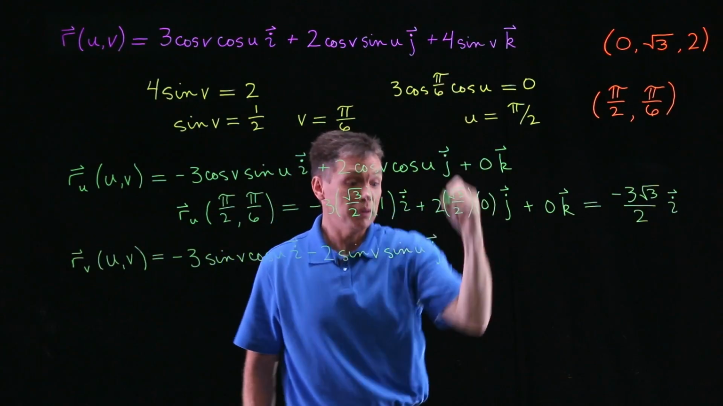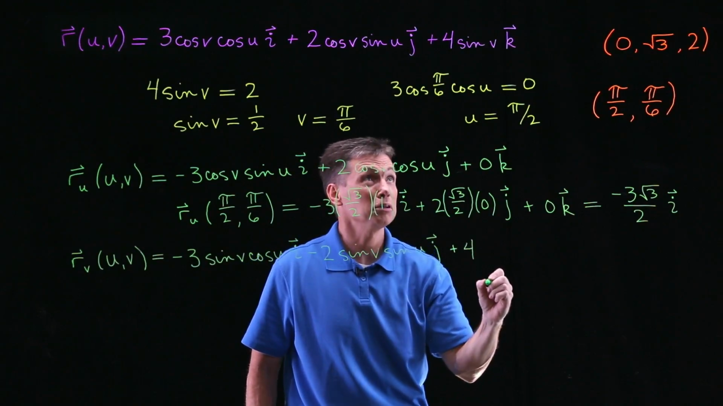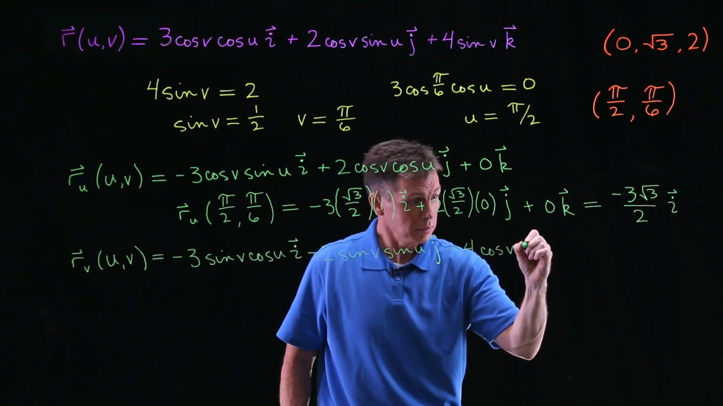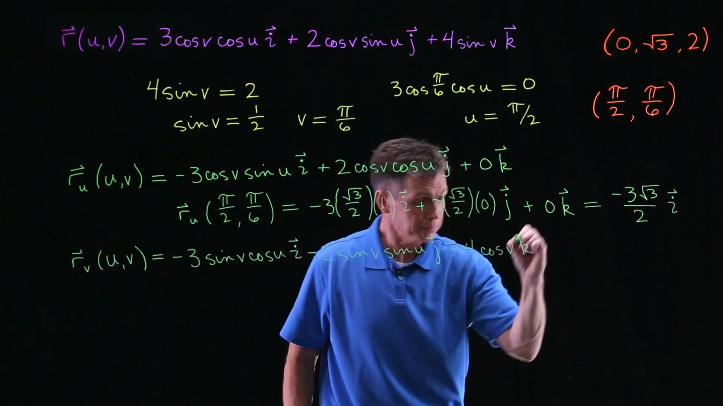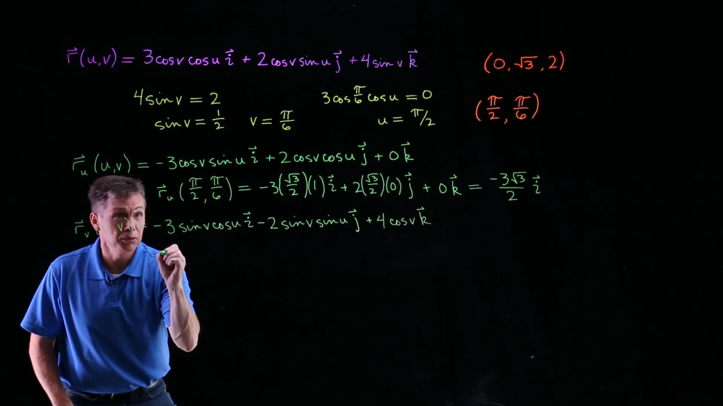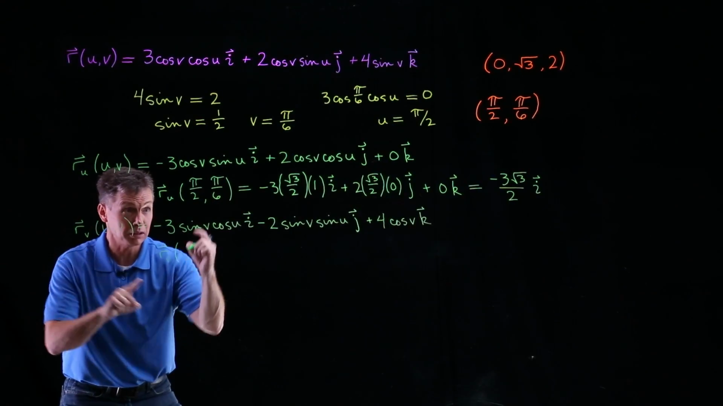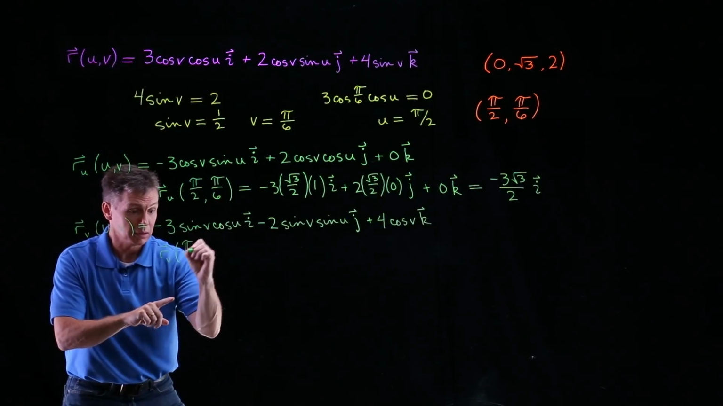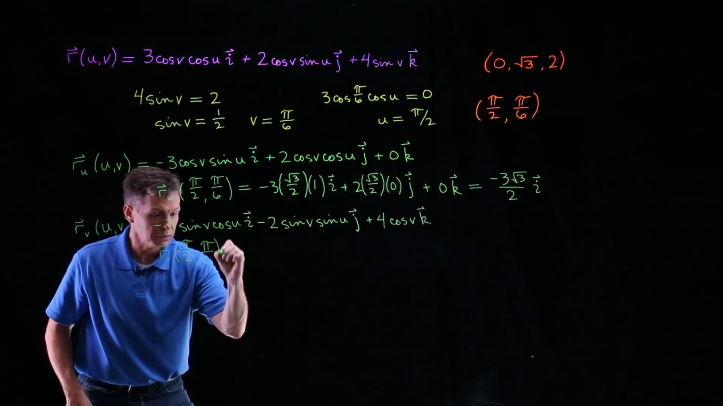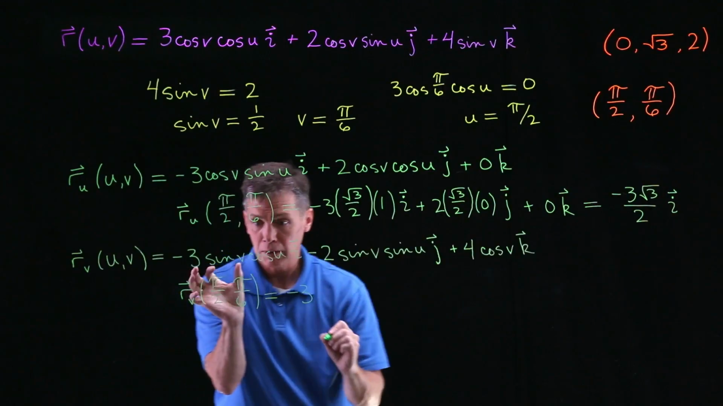And then plus, this one does have representation this time. It doesn't blank out to 0. We get 4 cosine of v times that k vector. Okay. All right. And as I did before, I'll do the partial this time with respect to v of the specific u, pi over 2, and the specific v, pi over 6, equals, just looking right above here, minus 3 sine